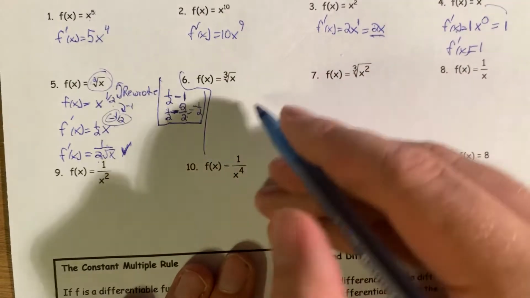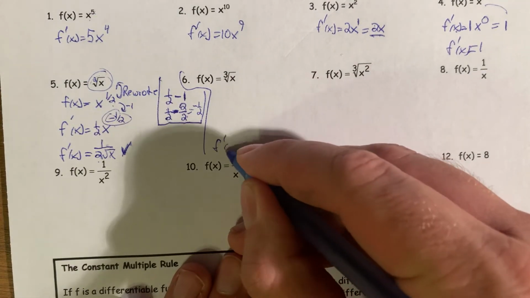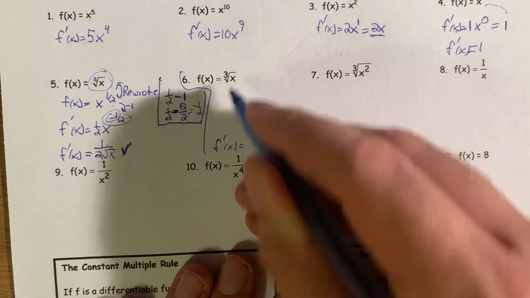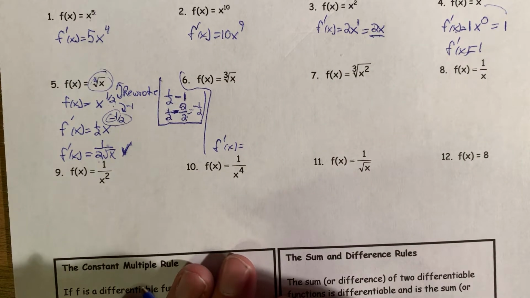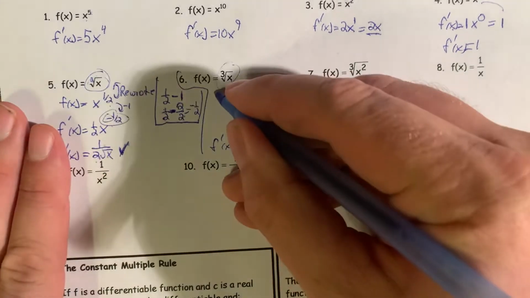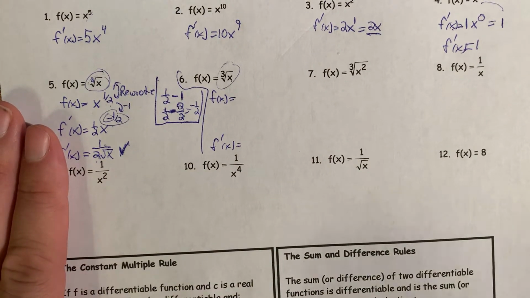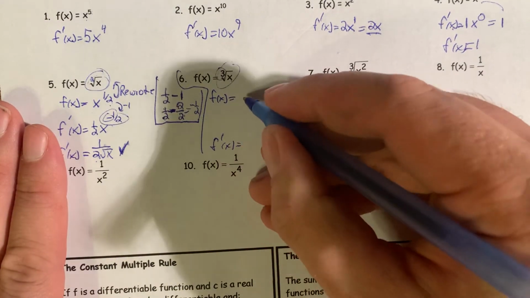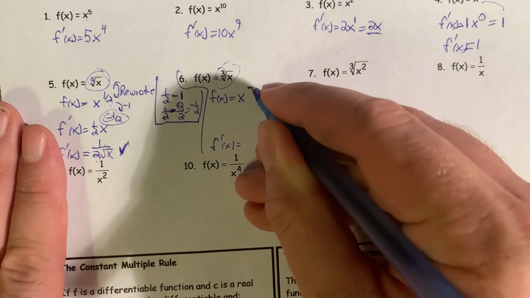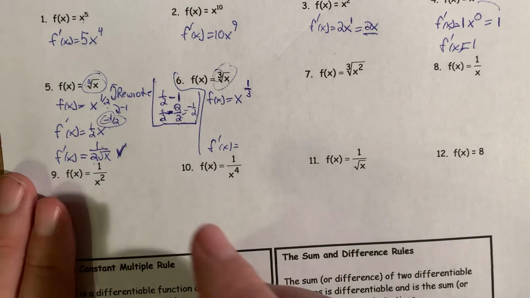Okay, try this one on your own. What is the derivative here? And hopefully you were able to do it, but if not, that's okay. We want to start by rewriting this as a power of x, because right now we can't use the power rule because it's not a power of x. So this is still f of x equals, I have not taken the derivative, this is still the original function, and a cube root is a fraction power of x. The root part goes in the denominator. This is the 1/3 power of x,